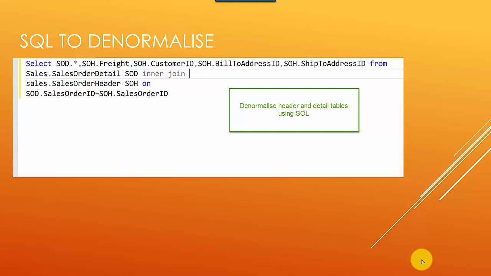And you can do it multiple ways. You can use mQuery to do that, or here I've given you a simple SQL to denormalize the table. Essentially I'm starting from the order detail. This is slightly wrong. We should have started from the order header table and then inner joined order detail and then got the values that we needed, but you get the idea.